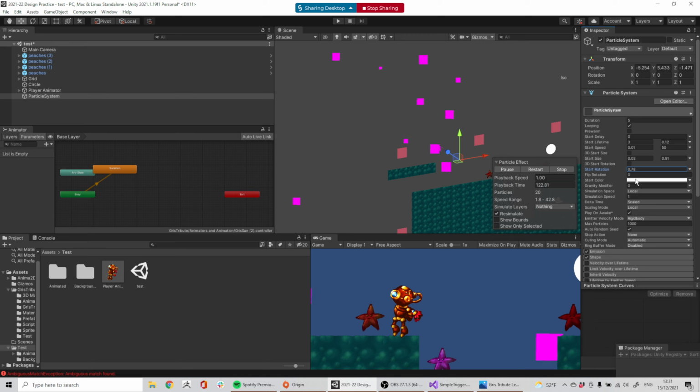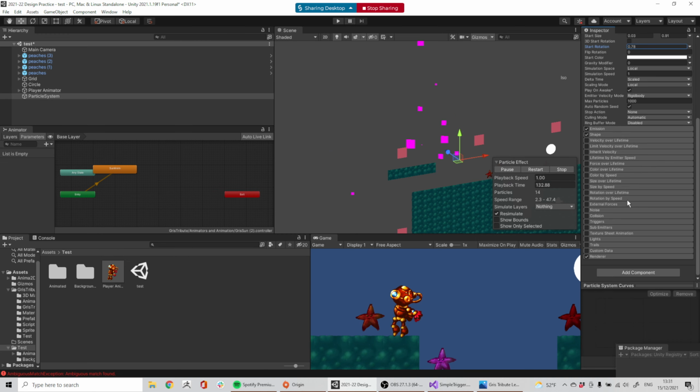Start color is interesting. Now, color won't do anything for us just yet because you see it's pink. I don't have what's called a texture on it. I don't have anything that it knows to render. So it just shows pink because I'm drawing a blank. I'm not referencing anything. This is where I need to go down to renderer,